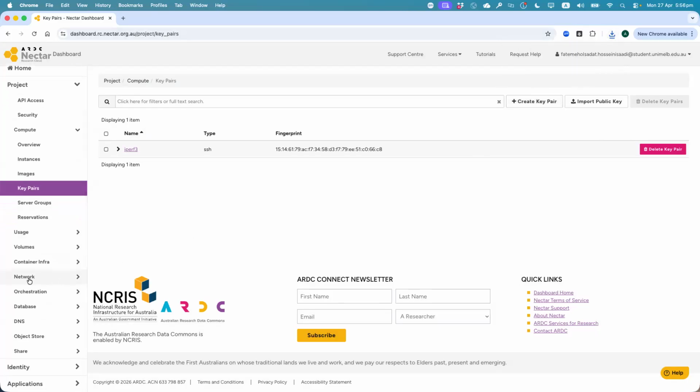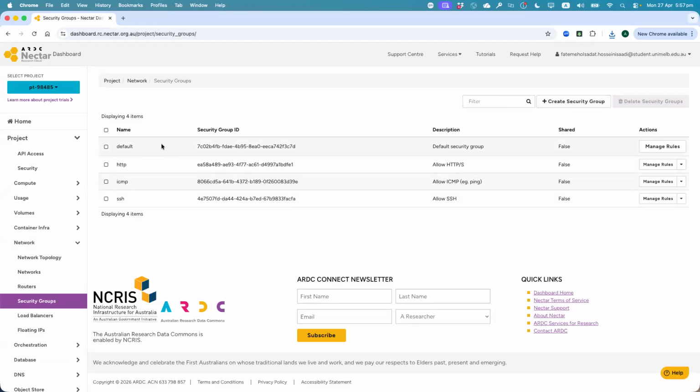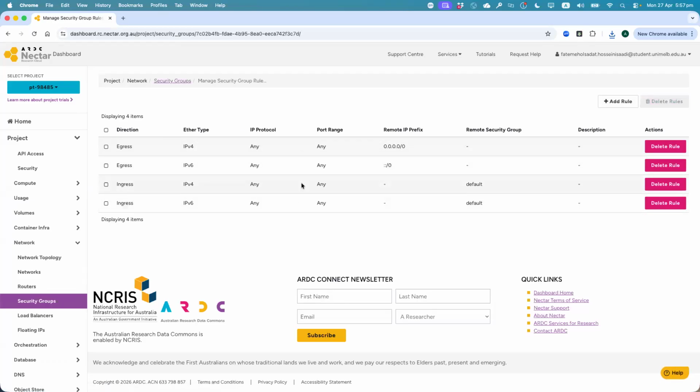The other step you should follow is a security group. Security group is a kind of a firewall for your VM, and you should define what ports and what services you want to allow over your VM. So you go to network part, then you go to security groups. Here there are some pre-existing security groups. Default is there. If you have a look, you see that there are some firewall rules here, but you create your own